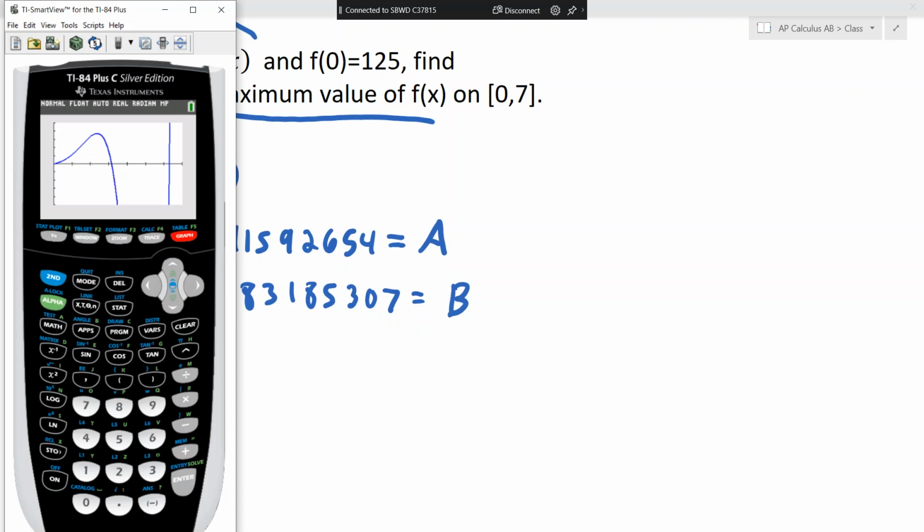And then it decreases, and then it increases again, right? Does it also make sense that it's going to decrease